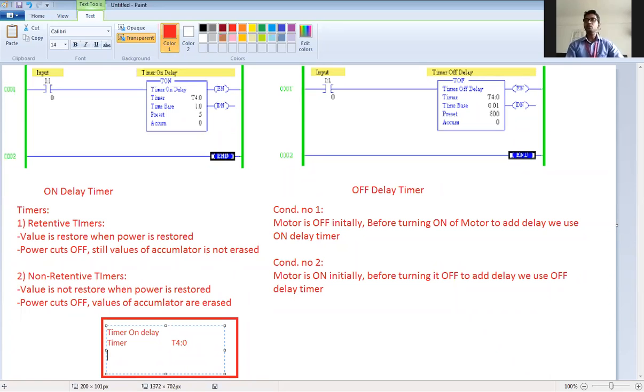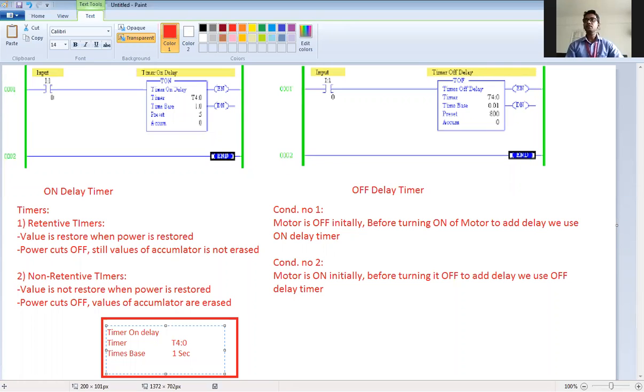This is an example, you can take any value. Then the time base is 1 second.